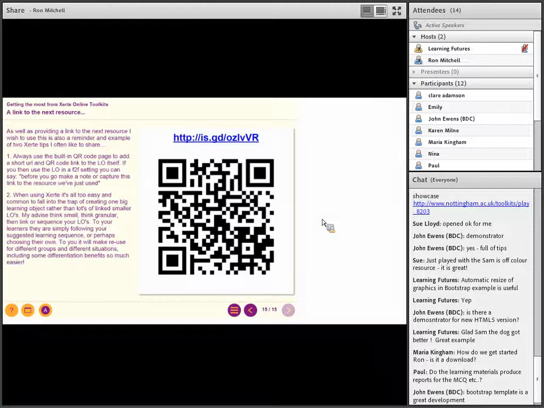And the reason I always recommend that is, firstly, if you're using it during a face-to-face session, you've got the opportunity then to say, look, before you go, make a handwritten note of this short URL, or take a picture of the QR code, and those learners, those colleagues, if you like, can instantly continue reviewing that resource when they leave the room. And this very much is adding the extra value and extra functionality that Xerte provides out of the box, that something like a PowerPoint that you might use doesn't.